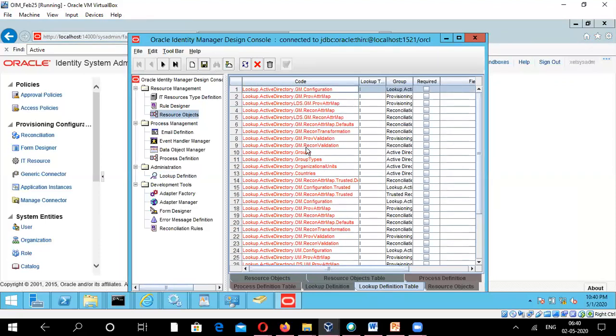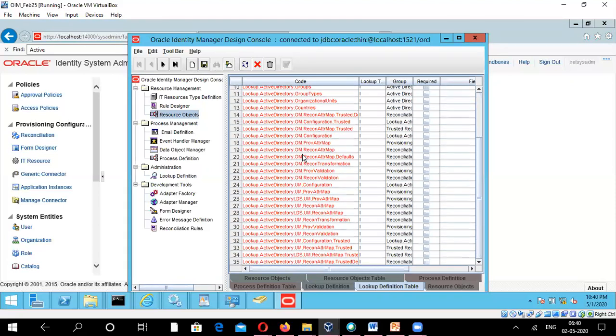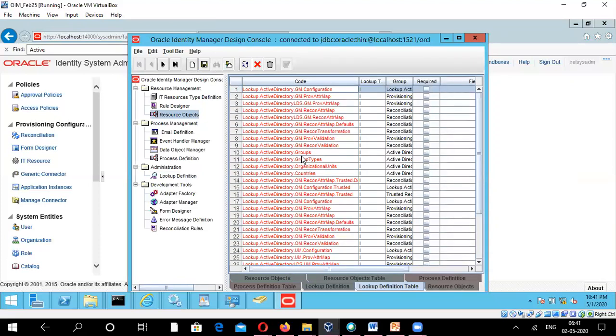Lookup definitions, once again, will have the code decode parameters. Say, for instance, if you're going to be configuring or storing the values related to various countries across the geographical locations, you might have something called code decode values, like to refer to the country India, you will be mapping that value with something like IN, and so on with various different countries. So whenever you need to have those parameters stored as code and decode pairs, then you'd be configuring these lookup definitions.